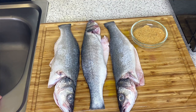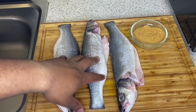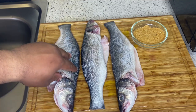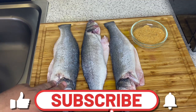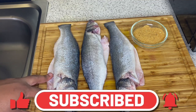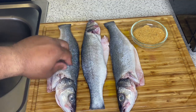Welcome back, everyone. Here we're going to do some Escovitch fish. Here I have 3 sea bass. Right? And I already washed them with lime and cleaned them up properly, right? So what I'm gonna do, I also pat dry them with a paper towel to get rid of the